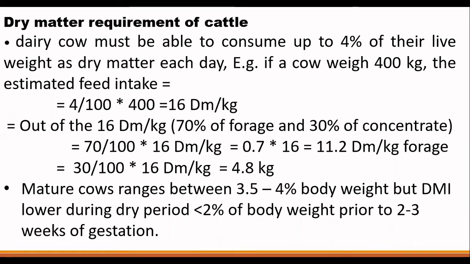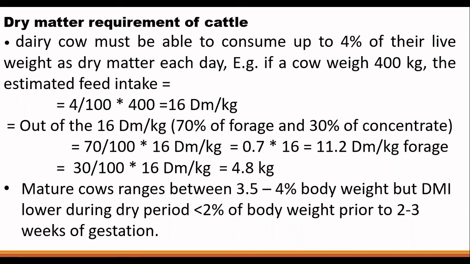It will be for the concentrate. That means 70 by 30%. 70 for the forage, 30 for the concentrate. Mature cows require 3.5 to 4% body weight, but dry matter intake is lower during the dry period, less than 2%